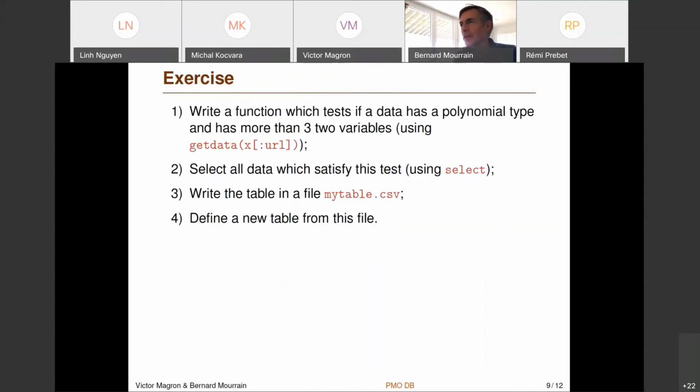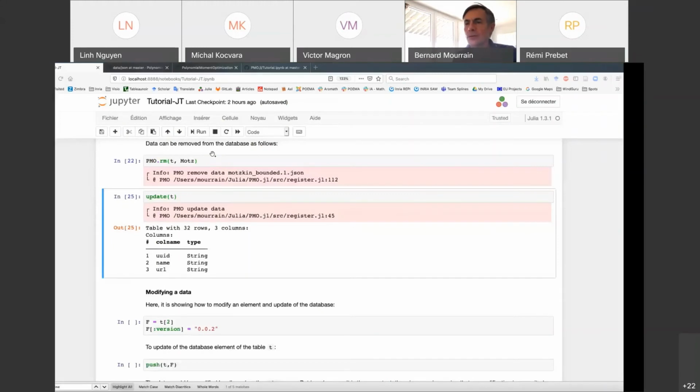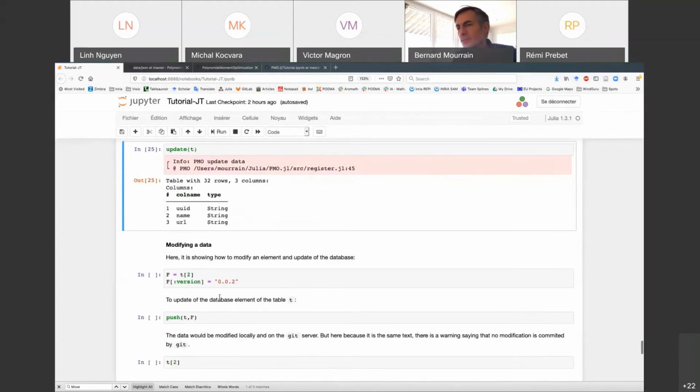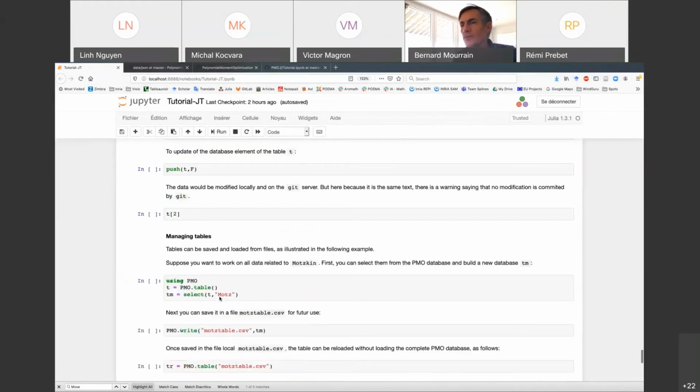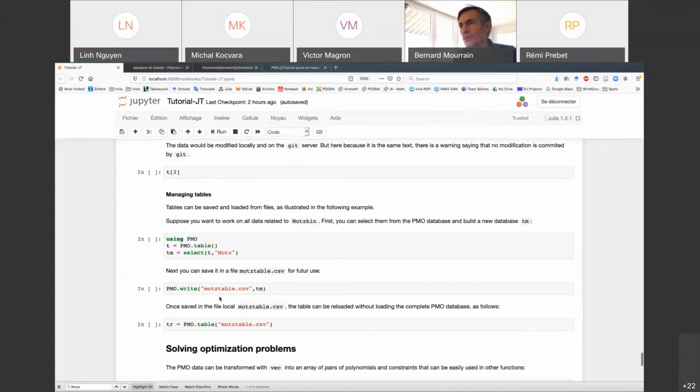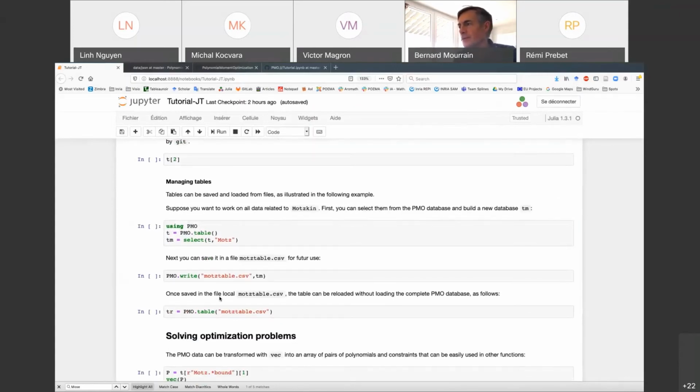So here is an exercise to manipulate the table. I will show how it's working on the example in this notebook.